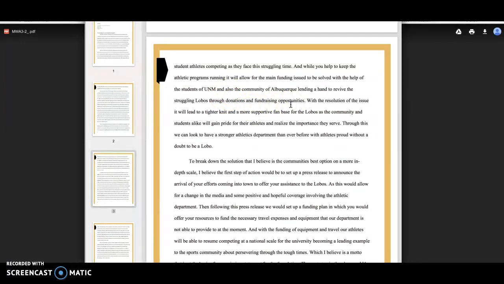And just talking about how community outreach involves the student athletes directly. But yeah, just elaborating on that.